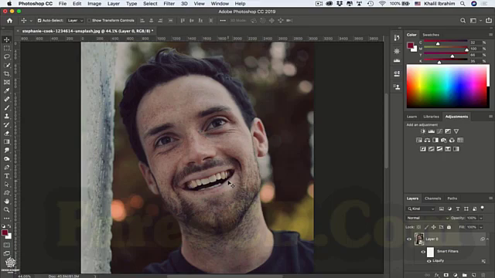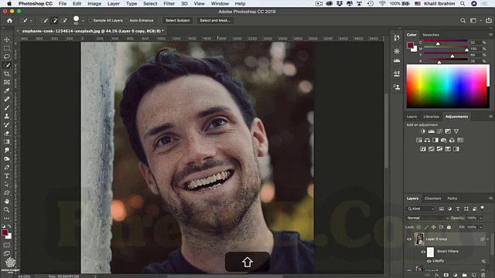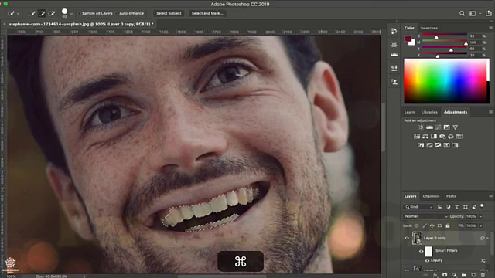Now pressing Command J to duplicate our layer, then creating a quick selection mask, selecting teeth, pressing Shift to add lower teeth as well. Now let's zoom in a bit. We're gonna be adding a layer mask,